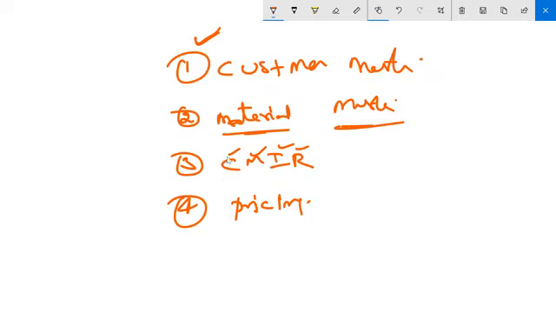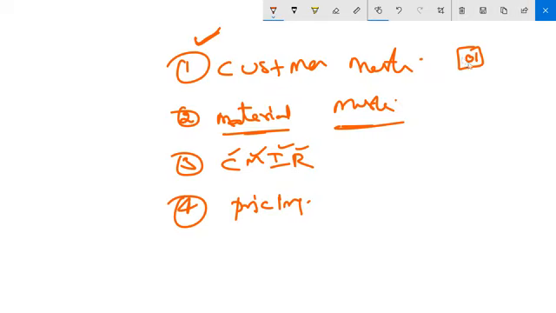Then next is CMIR, customer material info record. See, certain times in business, we need to give some choices and preferences to the customer, right? There are some important customers for whom you want to give choices and preferences, which may not be possible at the customer master level or at the material master level. Because, simple, let's say there is a customer who is a very high priority customer. 01 means, let's say, high priority.